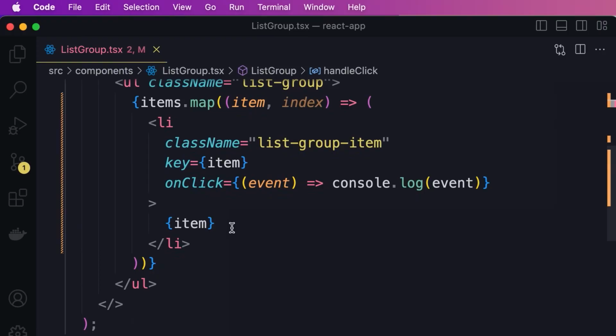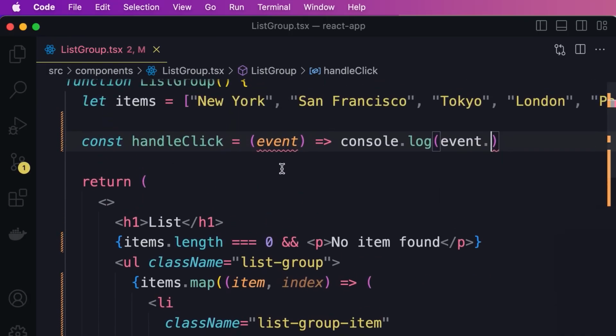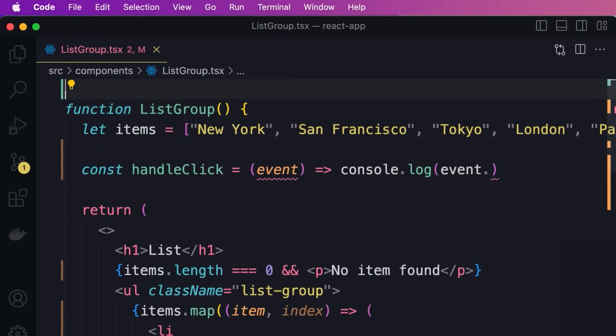So let's hover our mouse over this event parameter. Look, the type of this parameter is React.MouseEvent. So when we pass an inline function here, the TypeScript compiler knows the type of our parameter. That is why we didn't get a warning earlier. But in this case, we're declaring a brand new function. The TypeScript compiler doesn't know where we're going to use this, so it doesn't know the type of this parameter. So we should go on the top and import